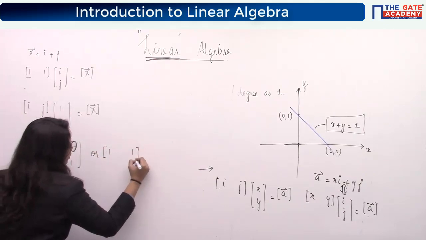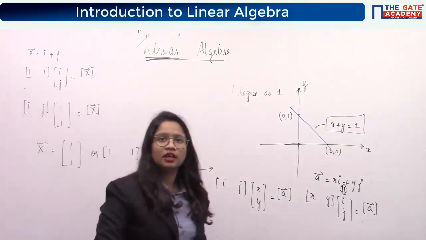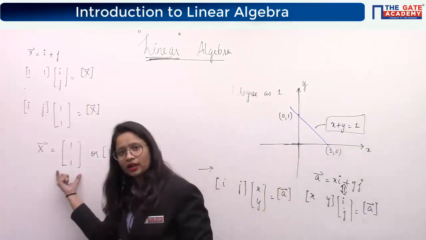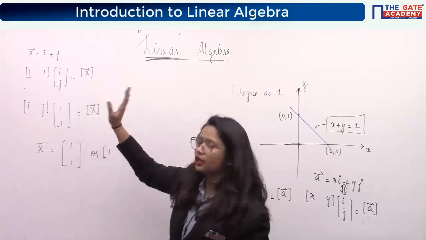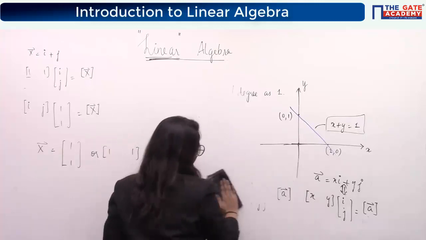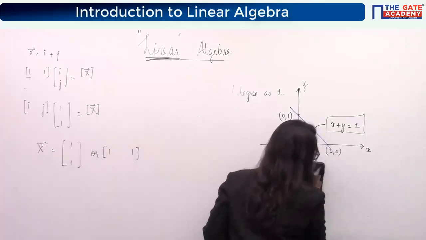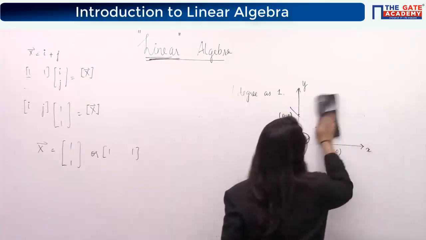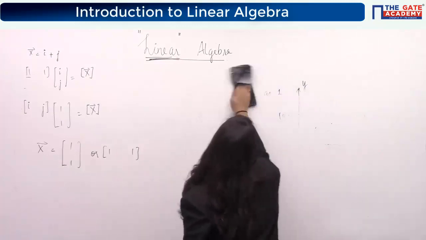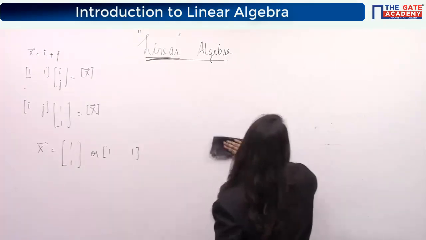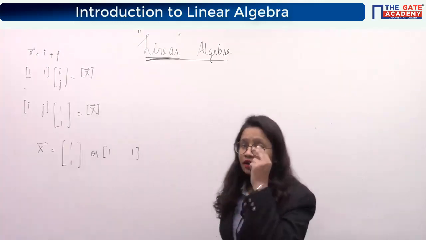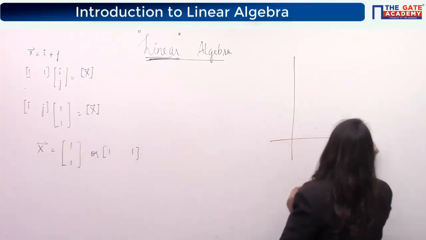Understood or not? This is the representation in which all the equations will be written. From now on you will be familiar that this is a vector, again this is a vector which is I plus j. Okay. So please focus right now, because in future I'll be discussing these things and we will go deep into these topics. So you must be able to get what I'm trying to say.